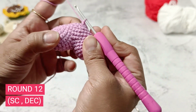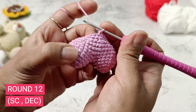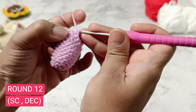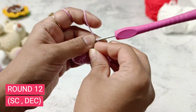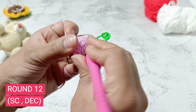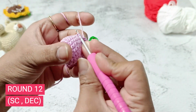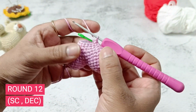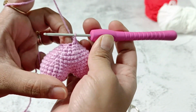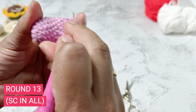Now we will be working one single crochet in the next stitch and a decrease. One single crochet in the next and a decrease. Do the same all the way around till the end and I'll meet you back. I've completed that round. Now we will be working one single crochet all the way around,